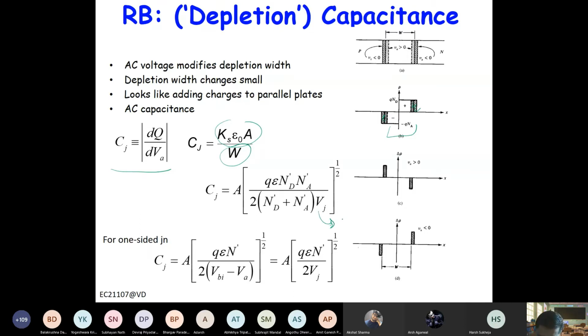This is basically VBI plus V reverse bias, right? Actually, the general expression is VBI minus V applied. But in reverse bias, V applied is negative, so you can say plus VR here. Please take care of the sign. In reverse bias, this becomes positive, they add up. So whether you use the expression VBI minus VA or VBI plus VR, they are the same, because in reverse bias V applied is negative. So this total voltage is VJ, and by q epsilon.